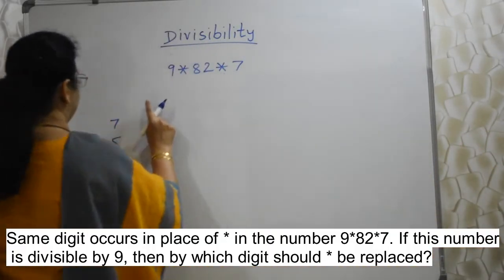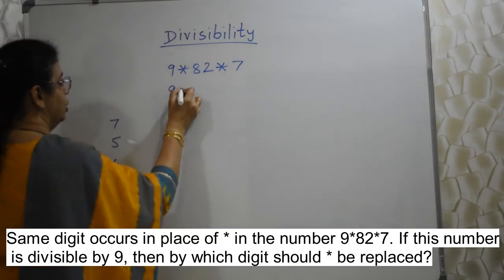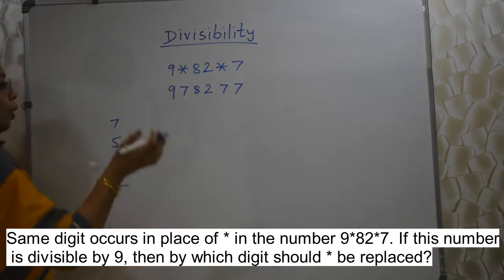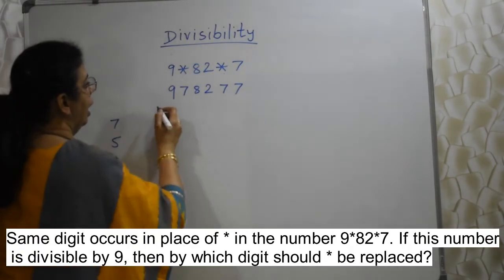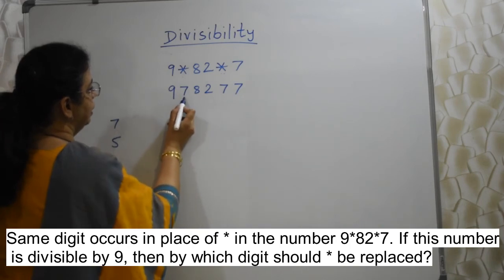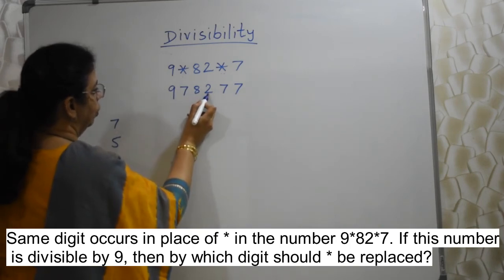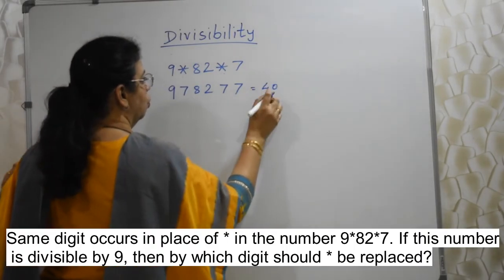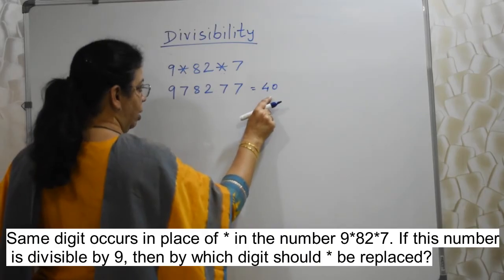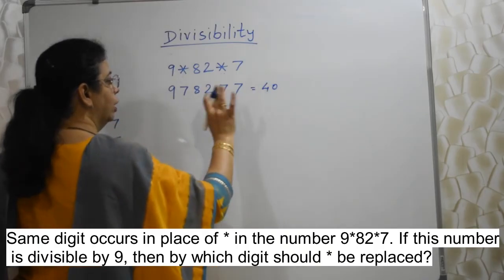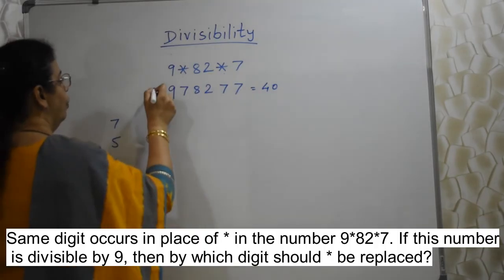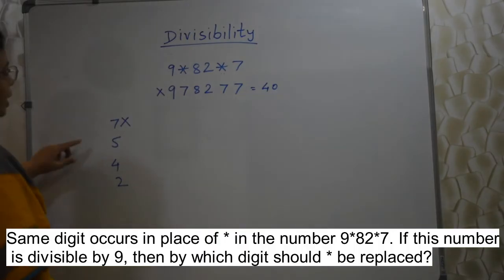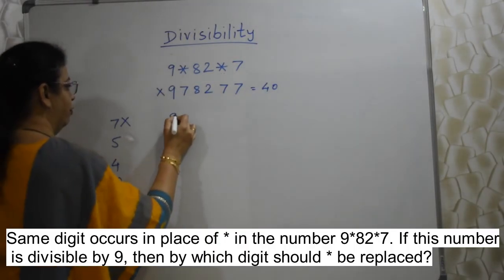So take the help of options and solve it. How to do it? See, first one is 7, so replace asterisk by 7. Wherever asterisk is there, put 7 there. Now apply divisibility of 9. Add all the numbers. 9 plus 7, 16. 16 plus 8, 24. 26 and then 14. 26 plus 14 is 40, which does not come in 9's table, or in other words 40 is not completely divisible by 9. So obviously this option is wrong. So this option is wrong. Now try with the next one. Replace asterisk by 5.